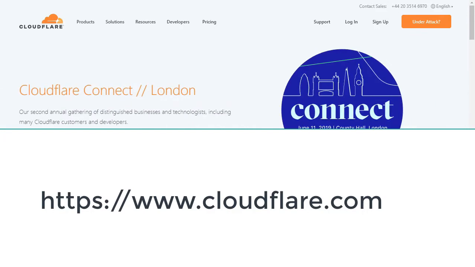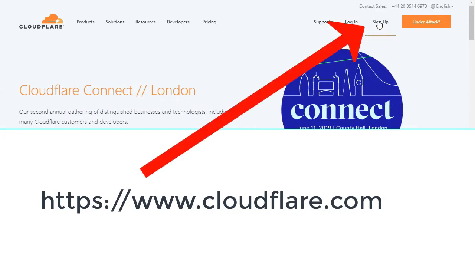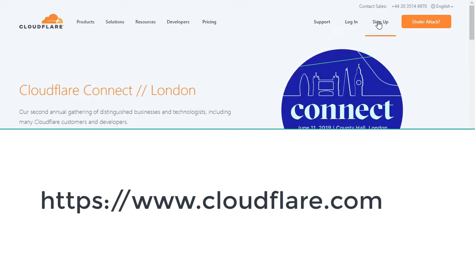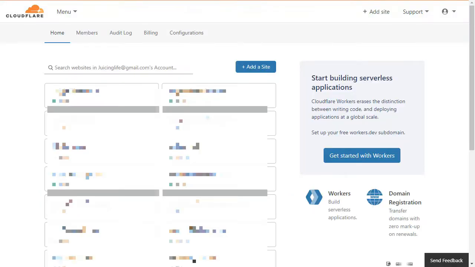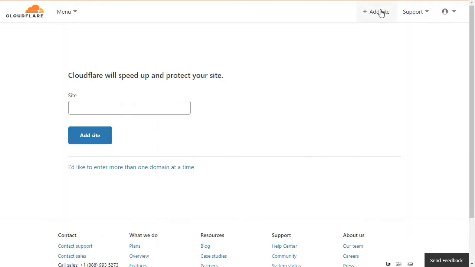The first thing you're going to need to do is go over to Cloudflare and click the sign up link and follow the instructions to get your free account. I am logged into my account and I've got a number of domains already going through Cloudflare, but I want to add a new site. And when I click on the add site link here or the add site button there, then it'll open up the add site screen, which is probably what you're seeing the first time you log in. I'm going to add a website that is a demo site of mine, hasn't been added to Cloudflare yet, and so you type in your site name, click add site,